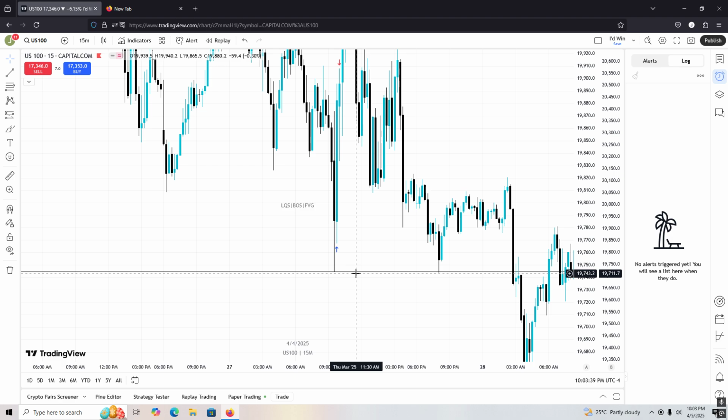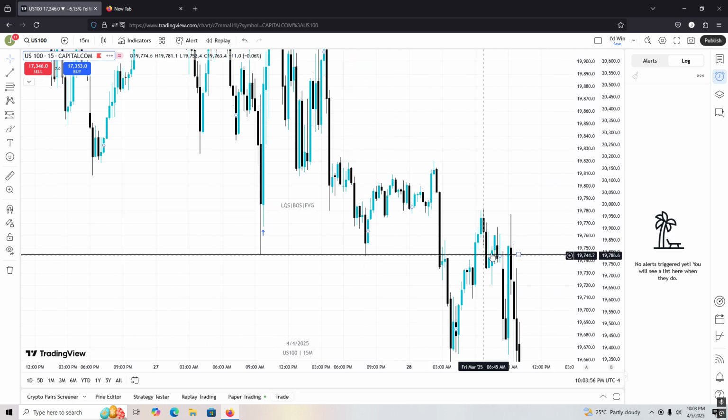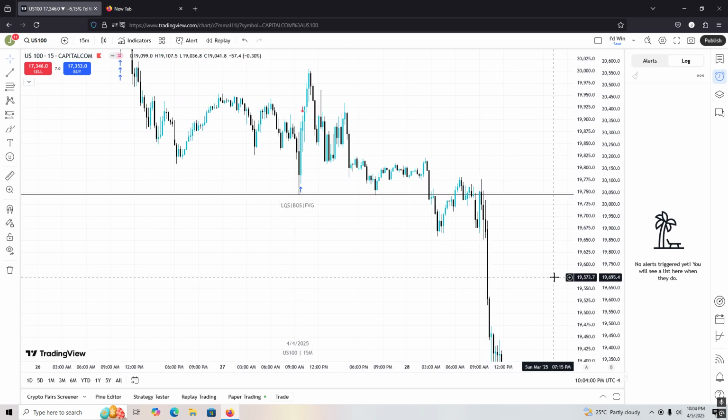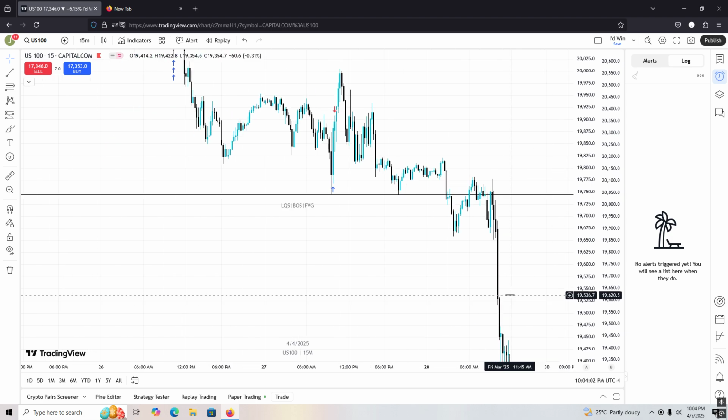You gotta make everything add up and your bias too. So you gotta make sure your bias is in order. Liquidity sweep happens, breaker structure happens, fair value gap. Make sure all those things happen. Have your proper stop loss, and that's what you have to do. And as I said before, psychology. Psychology is a very important thing. But yeah, I think that is all I'll be teaching in this video.